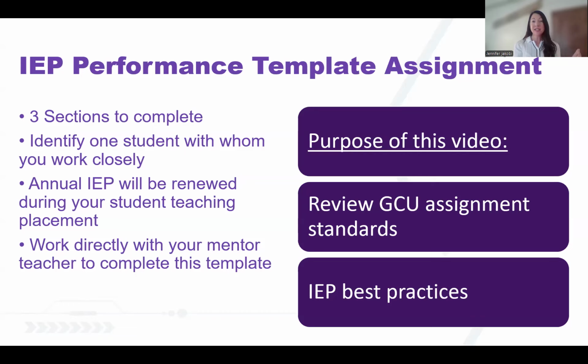And the purpose of this video is to go over and provide guidance on how to complete your IEP performance template assignment. This is the assignment that you will complete when you are in your special education setting student teaching. Now, there are 3 sections that are a part of this assignment. This video will discuss section 1. There'll be a second video to discuss section 2 and a third video for you to consider watching to review